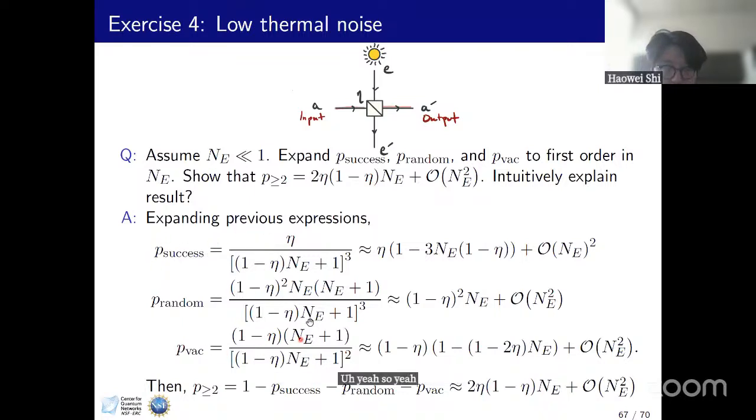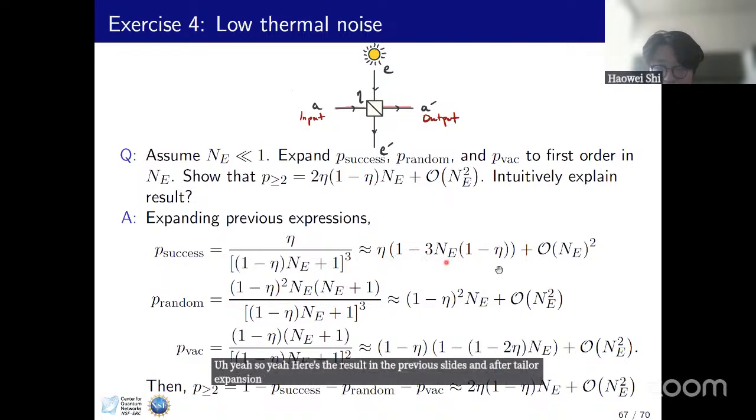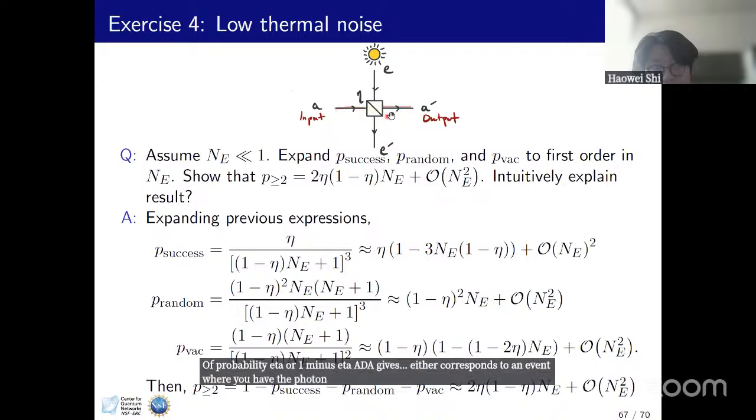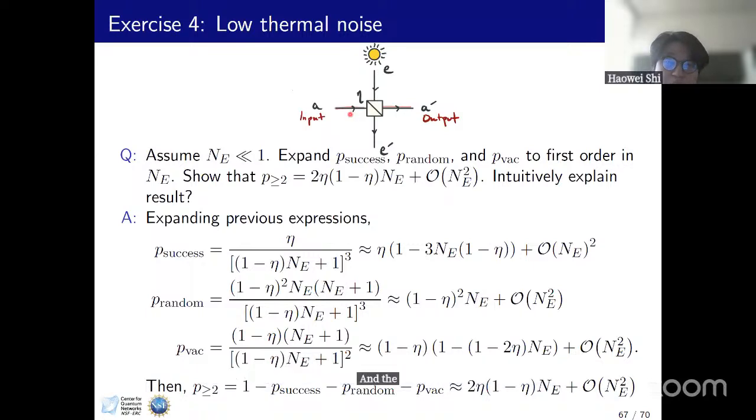Yeah, so here's the result in the previous slides. After Taylor expansion, we have those results up to the first order about NE. We can intuitively understand those probabilities by considering the first channel, the pure loss channel, which yields 2 events, of probability eta or 1 minus eta. Eta corresponds to an event where you have the photon transmitted. And the other probability, 1 minus eta, corresponds to